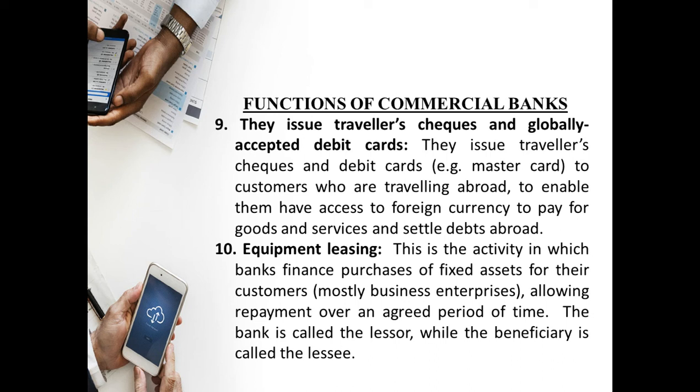Yeah, so they can issue you traveler's check. And most especially, they are involved in equipment leasing, meaning leasing of fixed assets to their customers, allowing a repayment period spread over a year, 2 years, to enable their customers to have access to such items. So you can read more of these from your notes or your textbooks. Commercial banks, sorry,